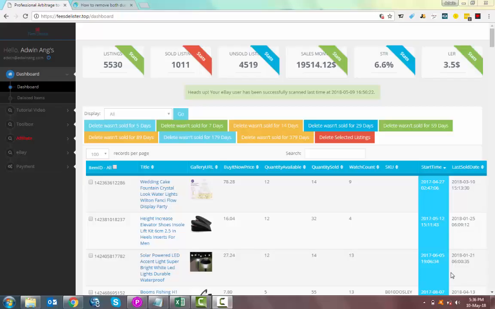Hi guys, so today I'm going to show you how to use this tool called the feesdelister to delete products and to increase your sell-through rate and/or your per-listing earning rates. Okay, so basically after you log into your feesdelister, on top of this you can see inside your dashboard, you